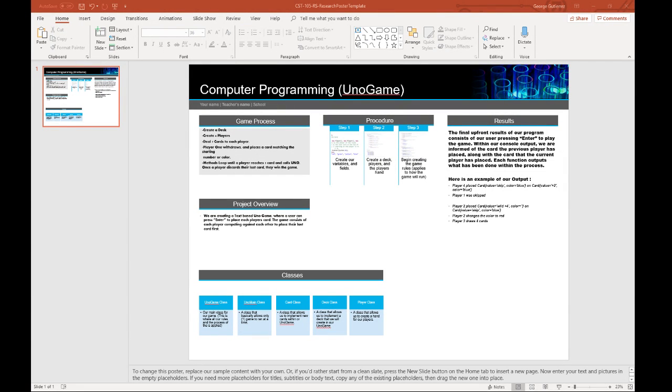So to start this video, I'm going to be looking at my poster I have created, and then I'm going to be applying what I said into here and how it relates to my program. So beginning, we have our title. We need to also do this. I will after this video, but we're going to be creating a computer programming application that consists of it being